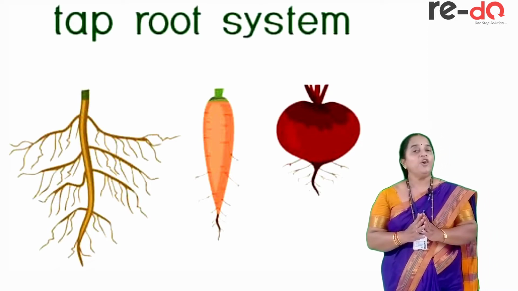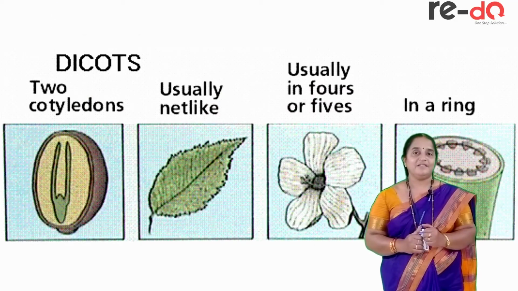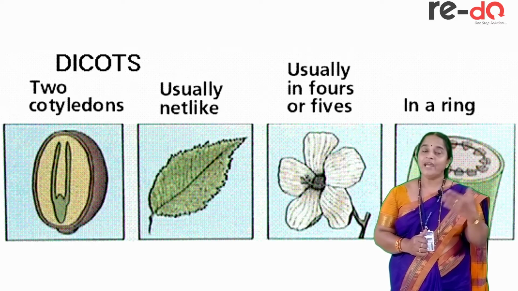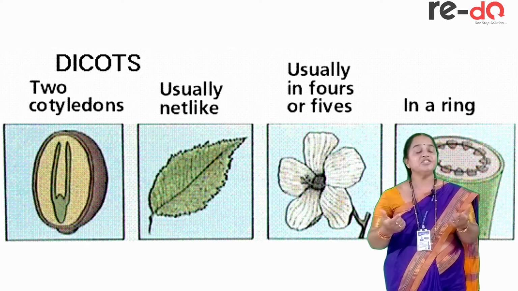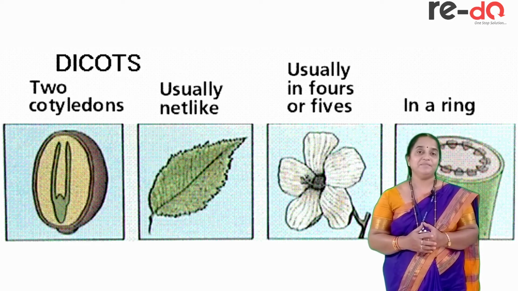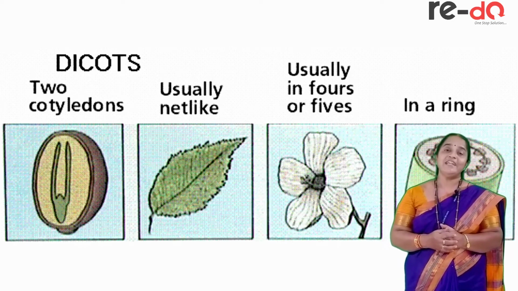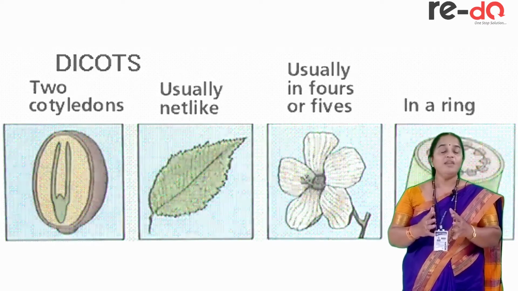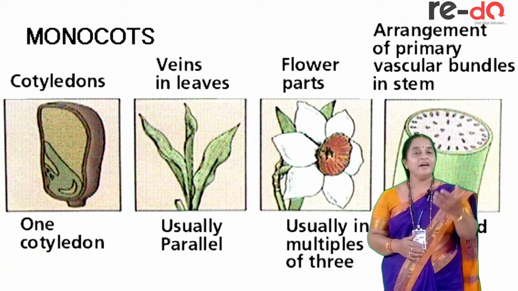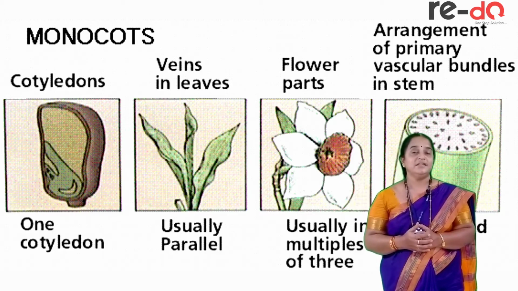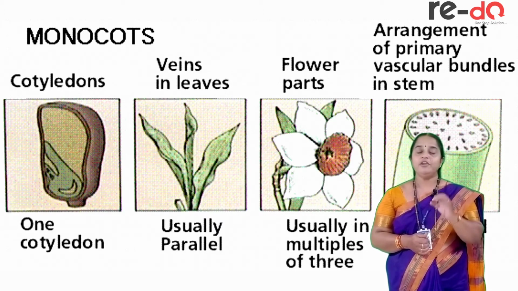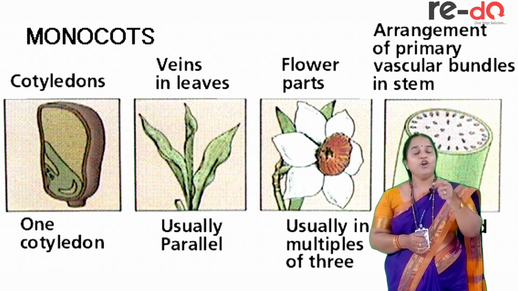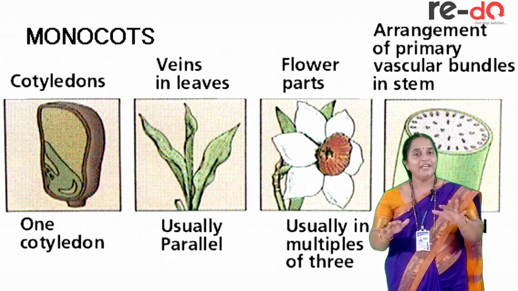It is common in all dicotyledonous plants, as it gives more anchorage for perennial plants and the absorption and conduction capacity is always maximum. Moving to the second type of the root. In all monocotyledonous plants like grass, maize, coconut, the radicle that grows down is short-lived. It will not persist as a primary root. This short-lived radicle will die.